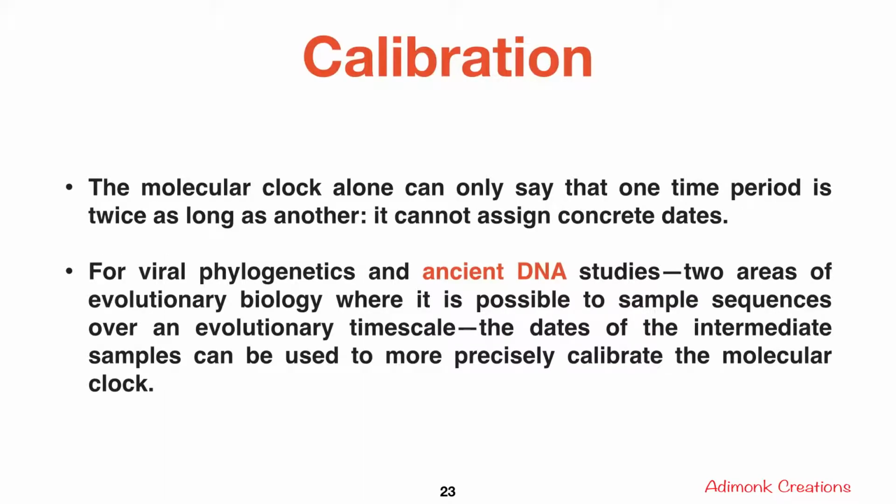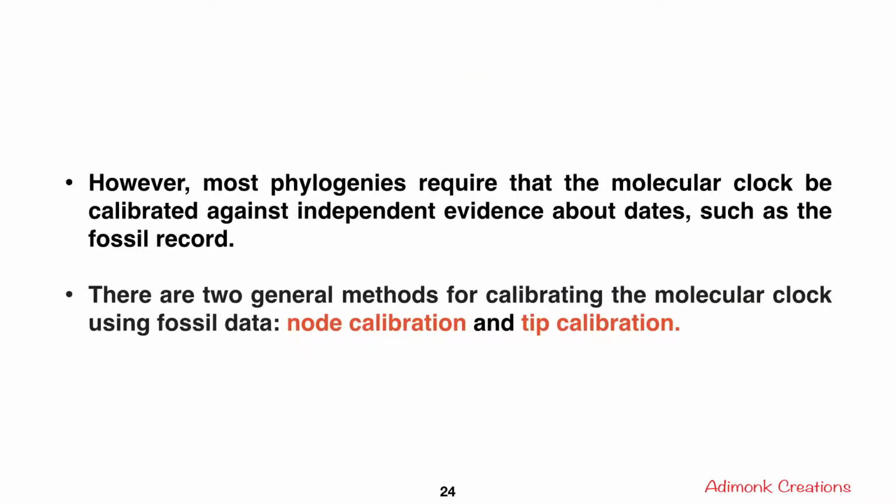So let's discuss the method of calibration in the molecular clock in detail. The molecular clock alone can only say that one time period is twice as long as another, but it cannot assign concrete or exact dates. For viral phylogenetics and ancient DNA studies, two areas of evolutionary biology where it is possible to sample sequences over evolutionary time scales, the dates of the intermediate samples can be used to more precisely calibrate the molecular clock. However, most phylogenies require that the molecular clock be calibrated against independent evidence about dates such as